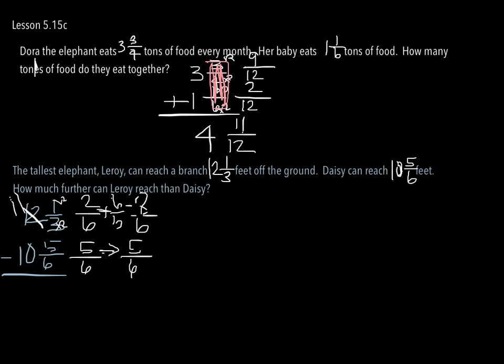8 less 5 is 3. And my language is 6. And then I'm going to take 11 less 10, and I'm going to get 1. So Leroy can reach 1 3/6